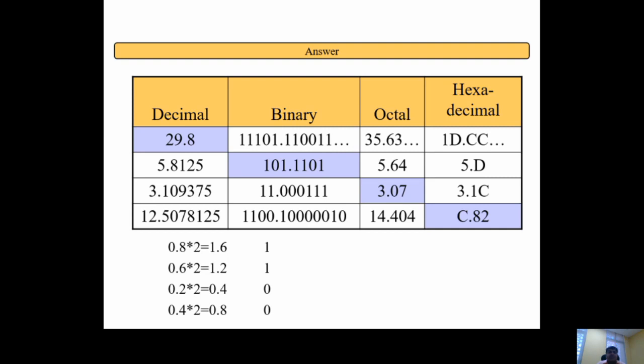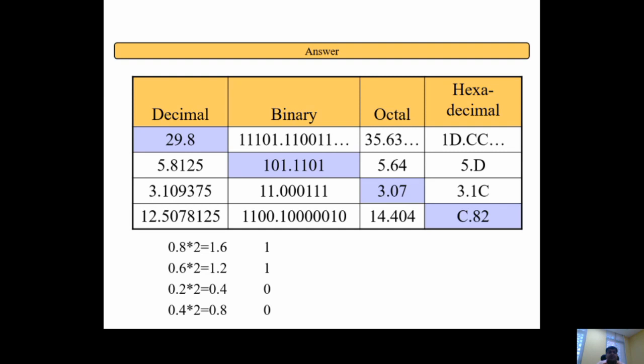And 0.4 into 8, we get 3.2, we will take 3 and so on. Now in the case of hexadecimal conversion, 0.8 is multiplied by 16, we get 12.8. So 12 stands for C. And again we get 0.8. 0.8 multiplied by 16 again gives 12.8, again C, it means CC will occur. So in this way it will be repeated.